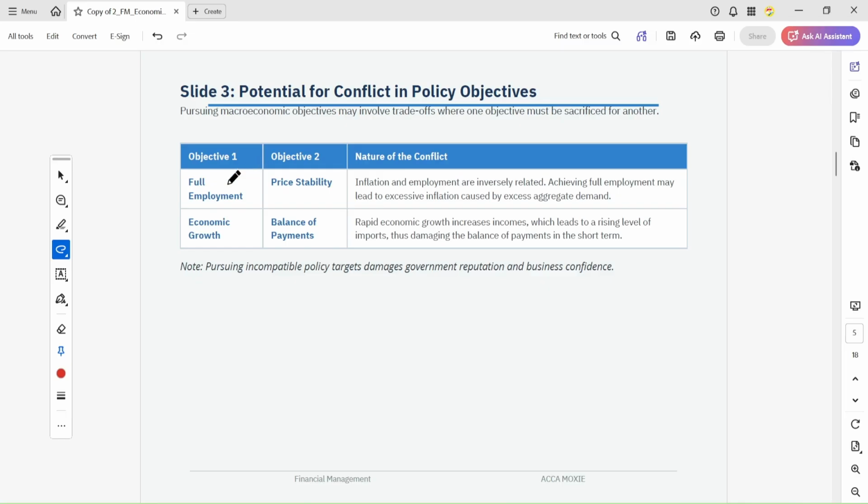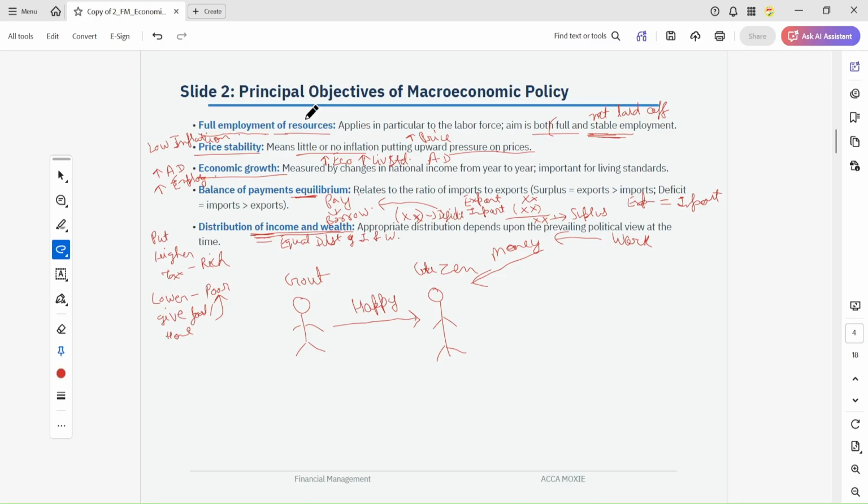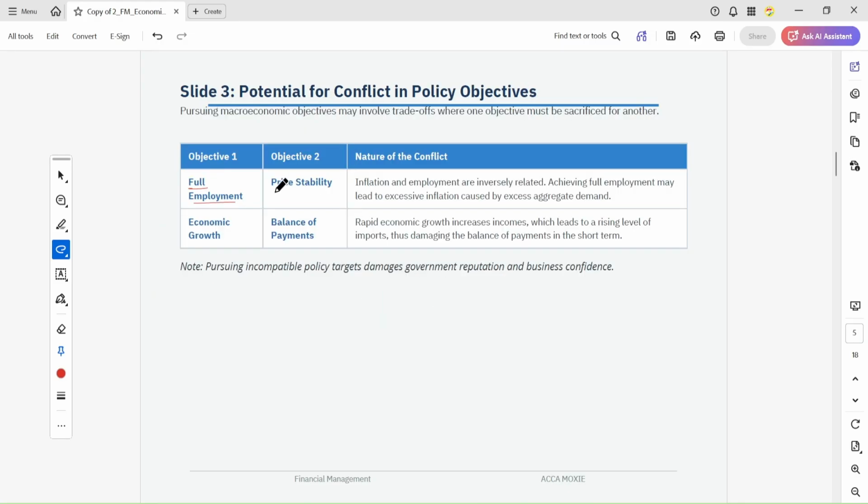If you achieve full employment, that is the objective here, so the price stability will be compromised. Which means that if you increase the employment, that means full employment, if everyone is doing a job and everyone is getting money and earning money, so what happened is that this increases the inflation,